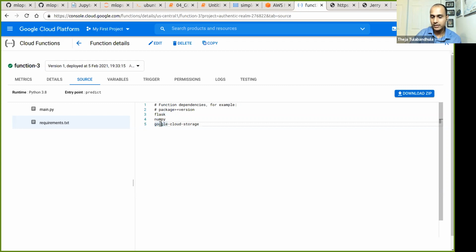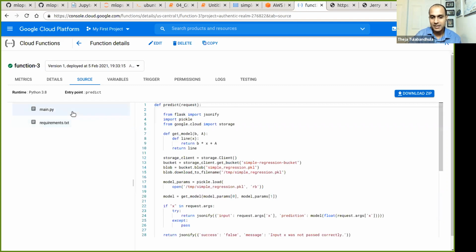We need Google Cloud Storage to read the model, but we also need NumPy because it turns out that the model pickle file, the model that I wrote to disk, is a NumPy ndarray rather than just a number. If it was just a number, an integer or a float, then I wouldn't need this extra dependency. But it just seems like I need that extra dependency. So that's the only issue.